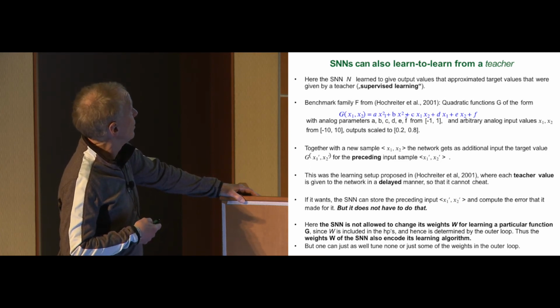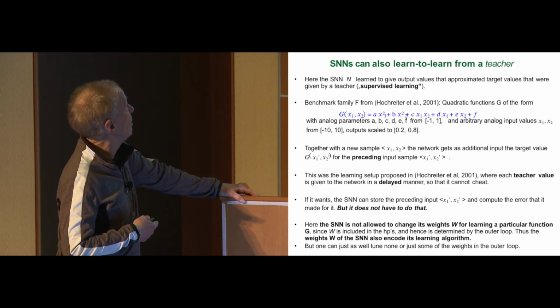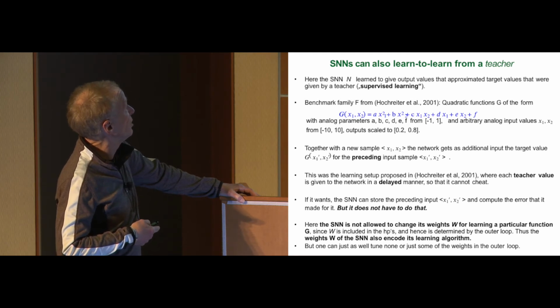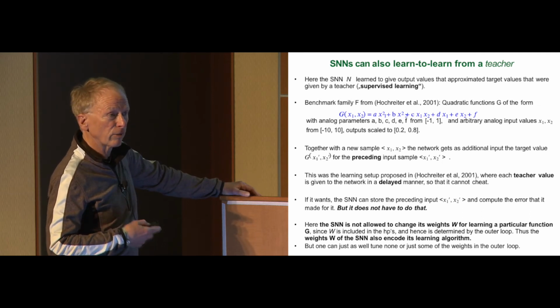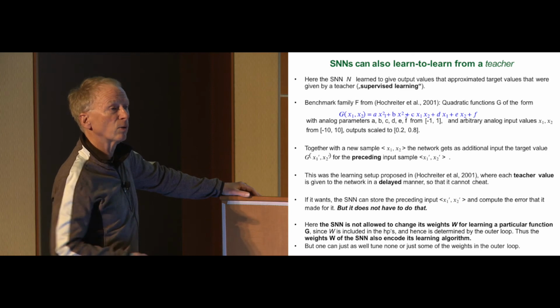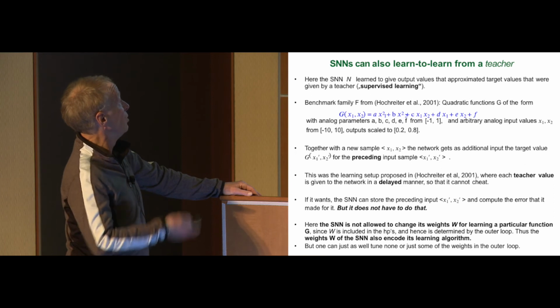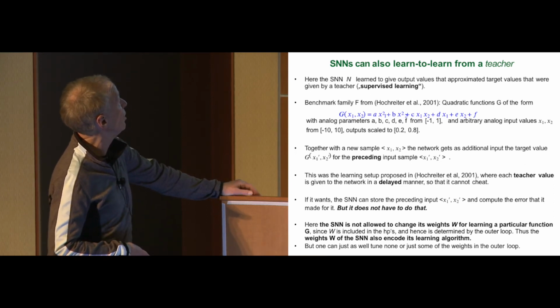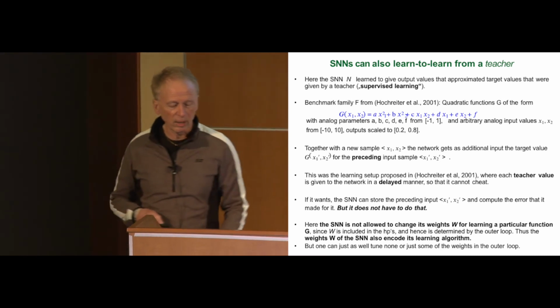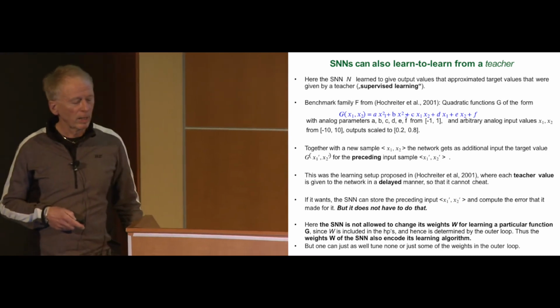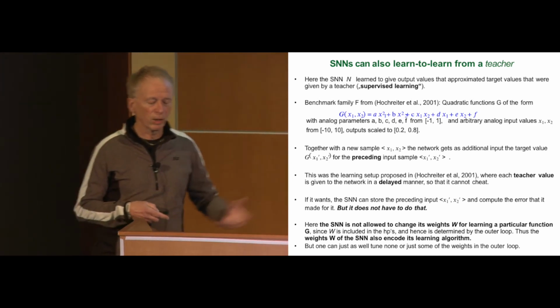And so here also, the interesting situation is that we use, in this case, the same setup as Hochreiter et al., that the spiking neural network is not allowed to change its weights for learning a particular quadratic function. So its learning algorithm has to be fully encoded in the weights, and other dynamic variables are used for maintaining information while learning a particular function. And so, as I mentioned before, since the weight vector of this spiking neural network encodes its supervised learning strategy,